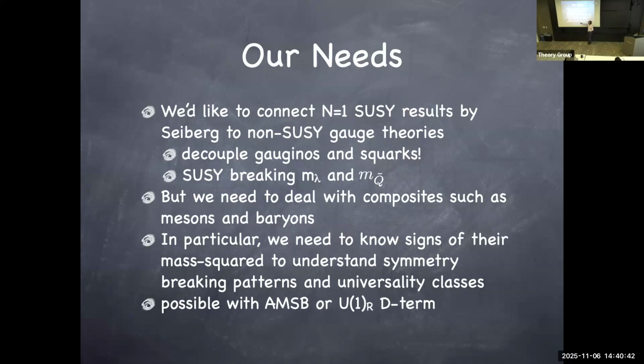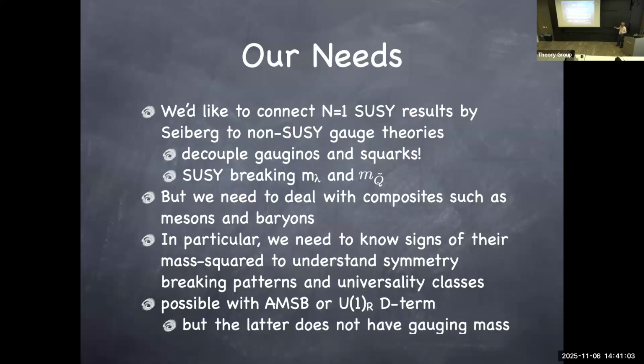One of them is anomaly mediation. Another one is called the U(1)_R D-term. But the U(1)_R D-term doesn't satisfy the first requirement to make the gauginos heavy. So if you'd like to simplify the problem with only one scheme to satisfy both requirements, you have to use anomaly mediation, which turns out to be very useful.